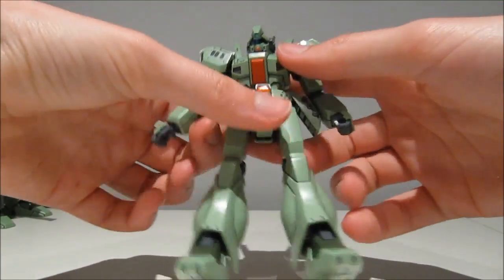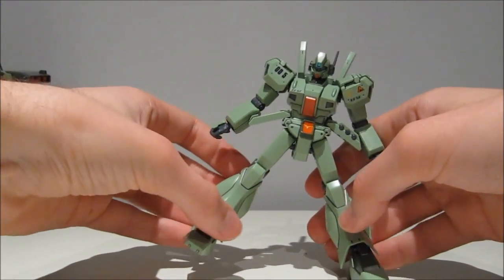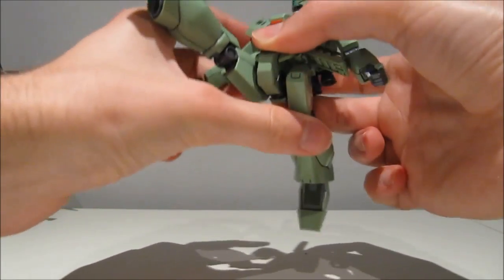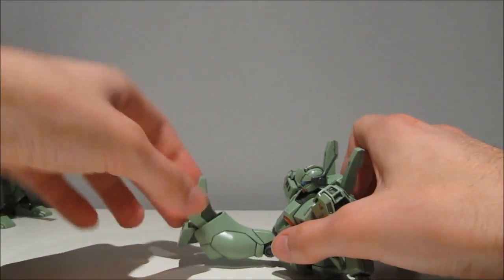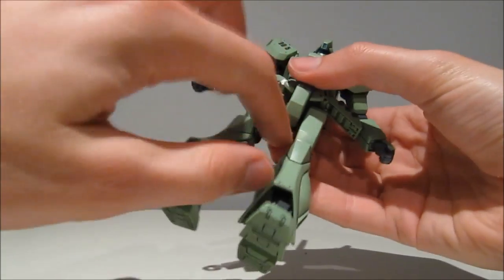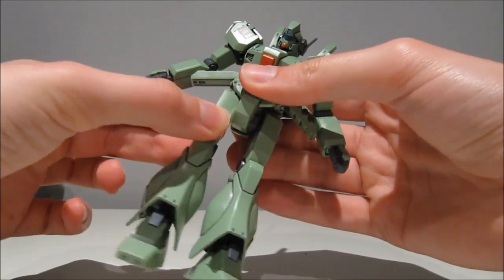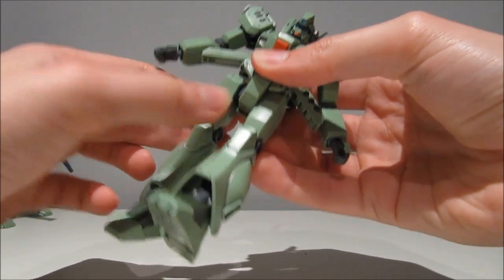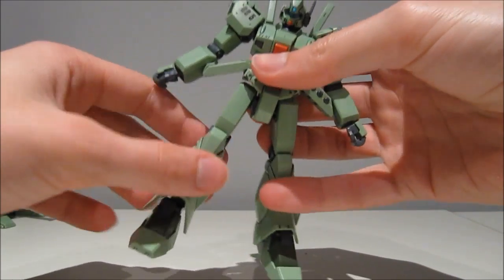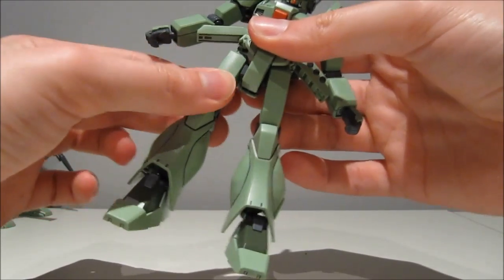Side skirts go up about that far, and then the legs unfortunately don't go out quite as far. Forwards, backwards a lot, because of course, thanks to the design. Then we have an interesting joint in here to make him go forwards and backwards individually. And I guess the idea of it's quite cool, but I do find it's a bit of a nuisance when you're trying to pose it in a more neutral pose, and then the legs, well, then this piece usually is